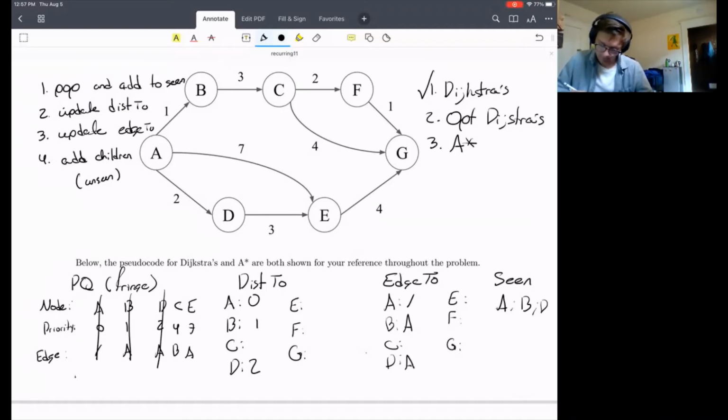Now we're going to pop the next thing. The next thing is C. So we're going to pop that right there. We're going to say, okay, the distance to C is going to be 4. We're going to add it to our seen set. The edge we took to get to C is B. Now we're going to add its unseen children. Okay, so its unseen children are just going to be